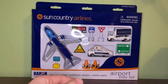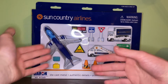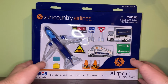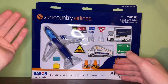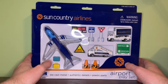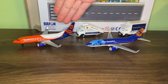I don't really understand that because this model definitely was a very popular model, and I kind of feel like that was not a great decision on Daron's part to discontinue this because it was definitely a very good selling model. But yeah, when I started collecting in 2020, I was just at the end of when this model was discontinued. I was just 2 years late, so I wasn't too happy about that, but anyway, all the waiting did end up paying off because I got this really great model, great condition, and the box is also in really great condition. So here is the Sun Country Airlines 737 in both the 737 livery and the Tide Pod livery,